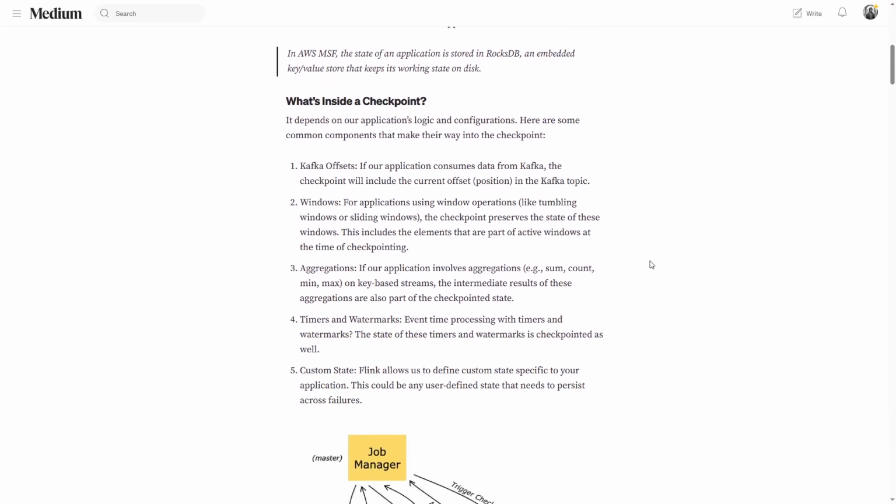Before we move forward, what is maintained inside a checkpoint? This is something which is important to know. What is stored as part of the checkpoint? This is not the full list. These are certain pointers only, to show in which direction we should be looking at what could have been stored. For example, if our Flink application is processing data from Kafka, the Kafka offsets are persisted in the checkpoint. If we are using windows in our Flink application, for example a tumbling window